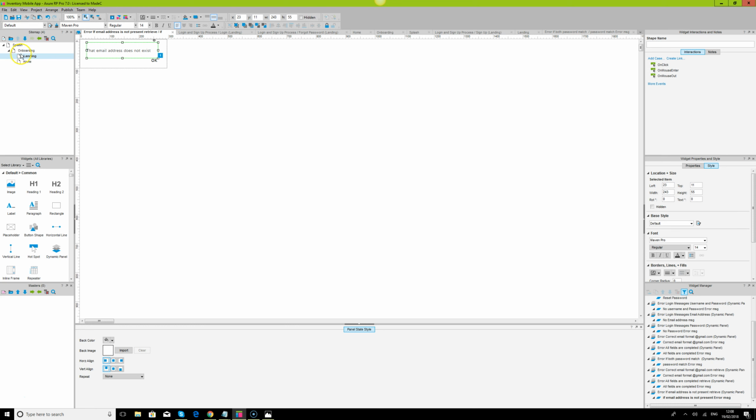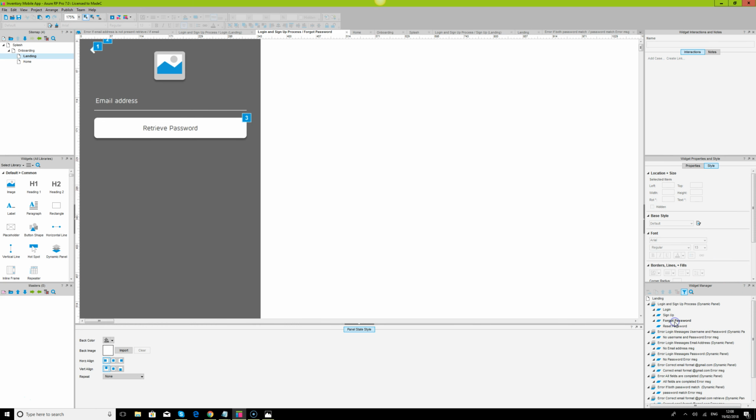So we are telling the user that email address does not exist, and they can go back and try and find out if the email address exists. So they will try another email address, and once that is satisfied, then we will be able to redirect them